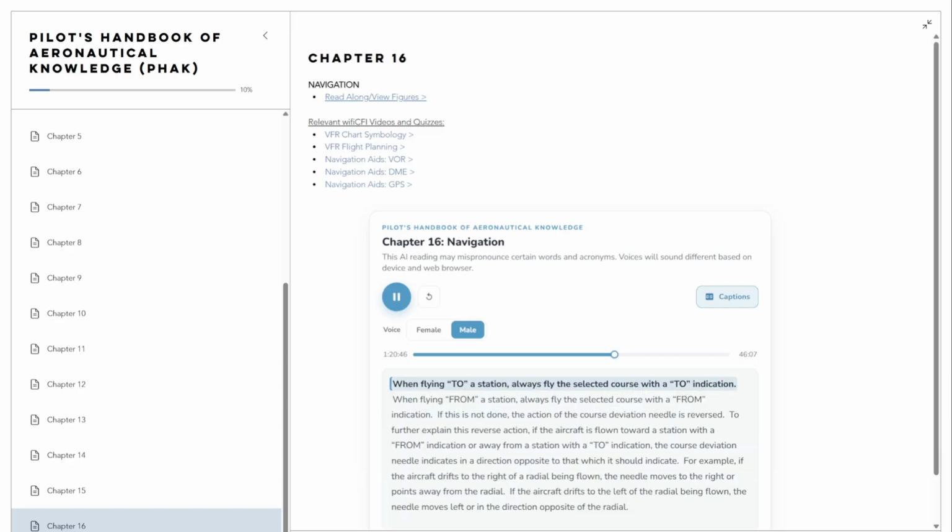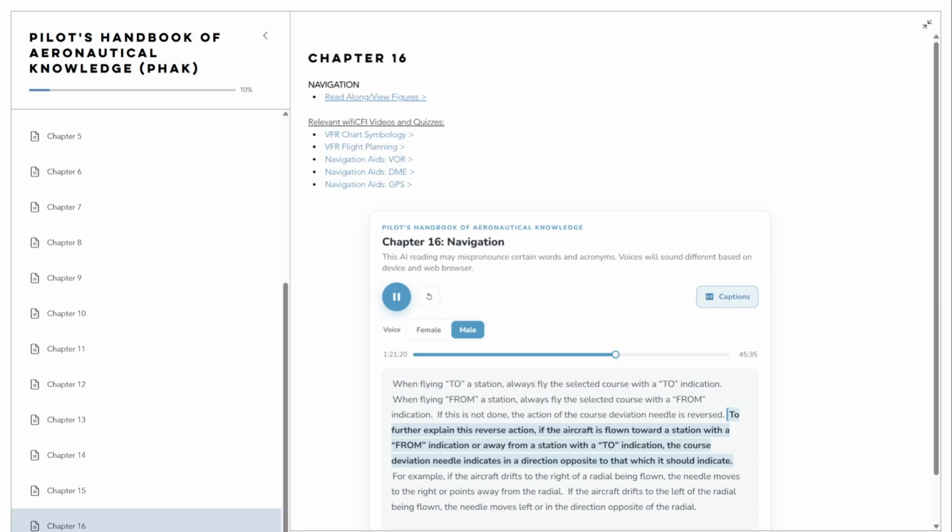When flying TO a station, always fly the selected course with a TO indication. When flying from a station, always fly the selected course with a FROM indication. If this is not done, the action of the course deviation needle is reversed. To further explain this reverse action, if the aircraft is flown toward a station with a FROM indication or away from a station with a TO indication, the course deviation needle indicates in a direction opposite to that which it